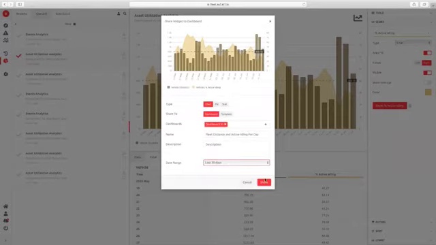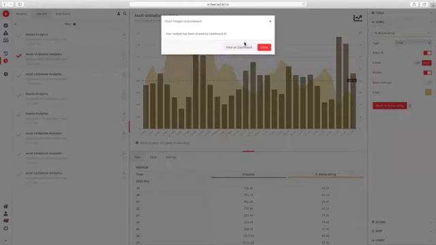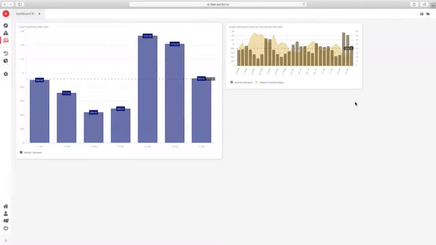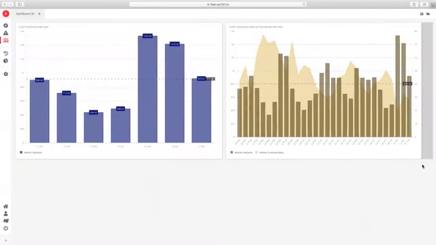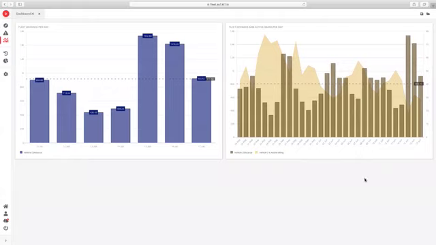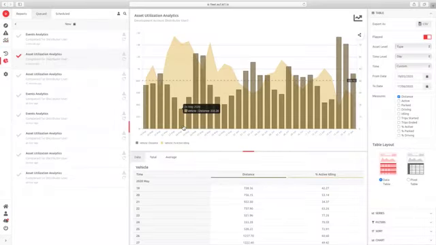And I can share that and view it on the dashboard. So now I've got two widgets, different look and feel. And as I said, you can edit this widget directly from here. Now I'm going to go back to that same report, and I'm going to show you how we can now